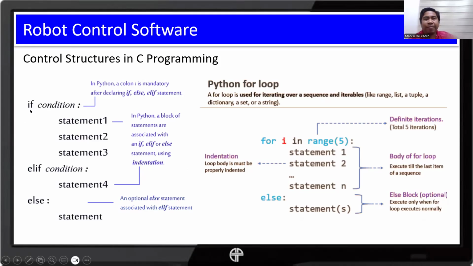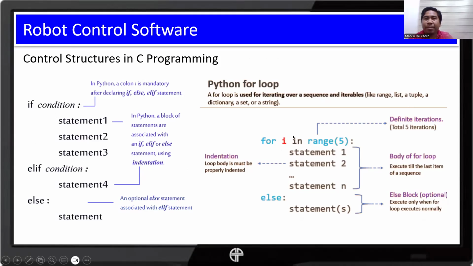Instead of having curly braces for the statements, Python doesn't care as long as you put proper indentation, or you observe the right indentation. Indentation matters most in Python. As you can see, the statements no longer need semicolons. We only use colons in our if and elif as well as in our else lines.